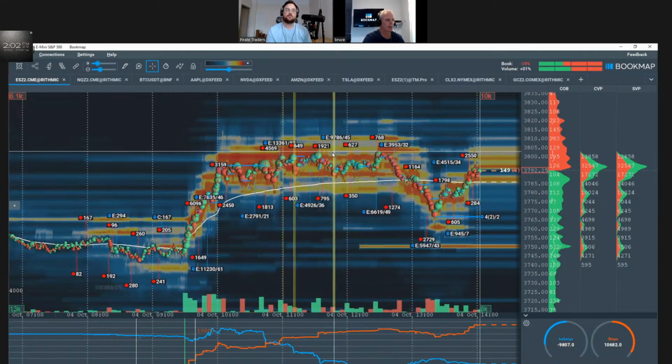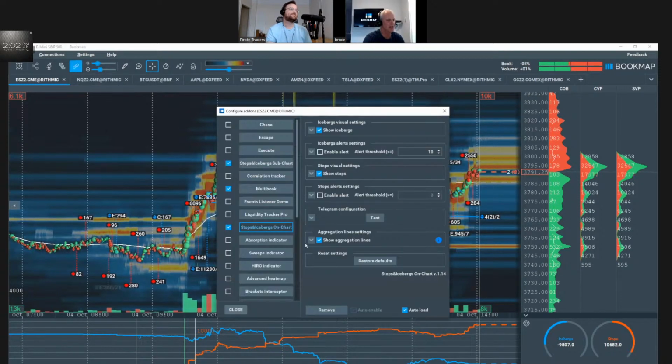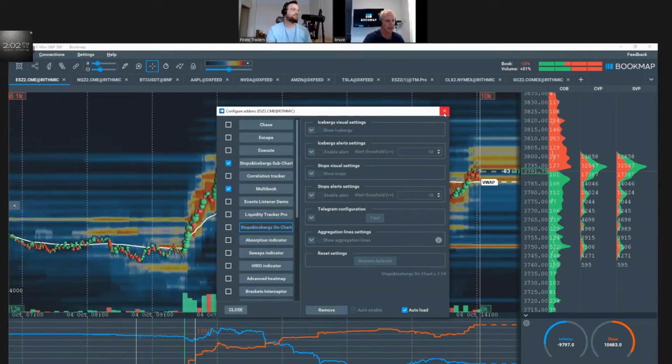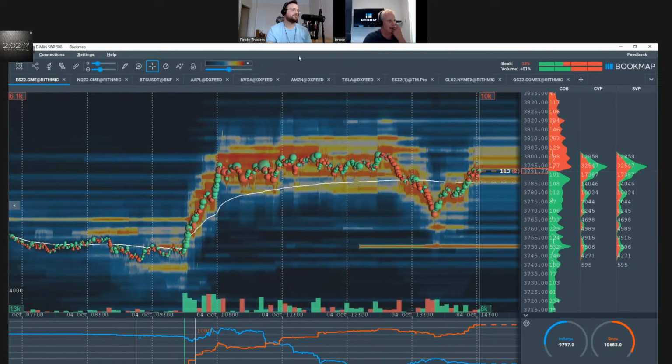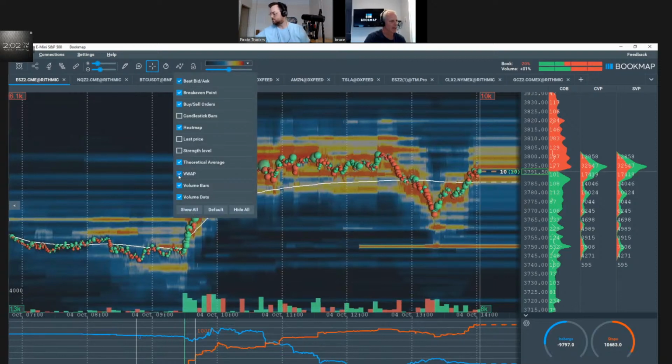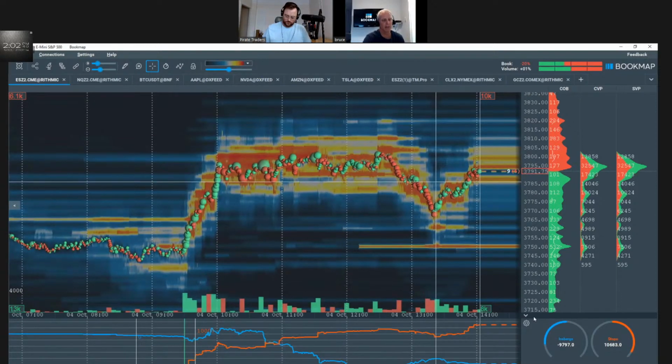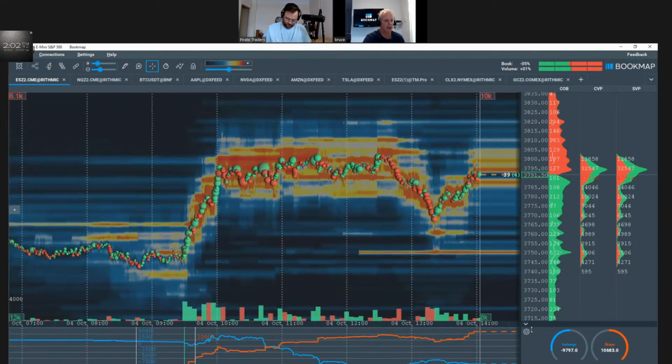So to go over just the very basics here, I've gone through this with many people here. Let me take the stops and icebergs on chart off of here for just a second, and also the VWAP, and just show the basics here in Bookmap. And just for anyone who's new in here, let's just go through it. We do have a subchart here, which I'll get to a little bit later, but there's only 3 elements